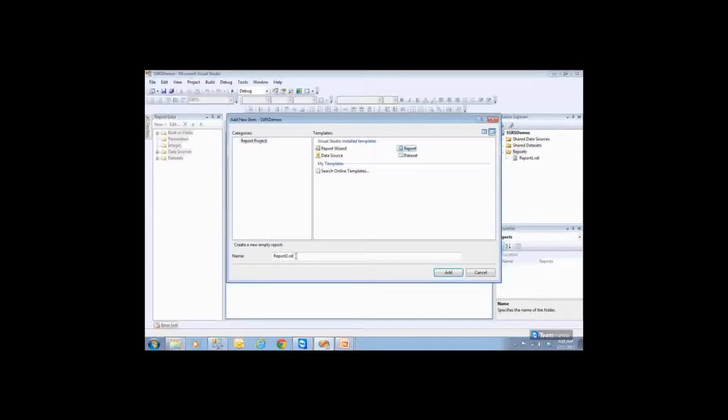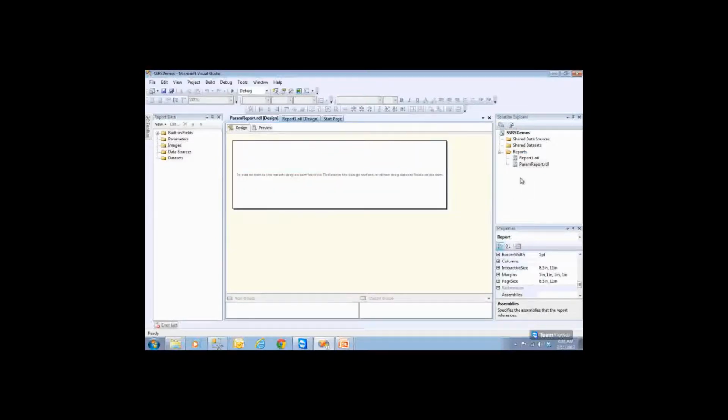Choose report, and this is a parameter report. So this is more than sufficient for us to understand. So when you create a parameter report, the designer is now empty. You don't have anything in the designer. So everything is empty. Now you should be able to create everything.